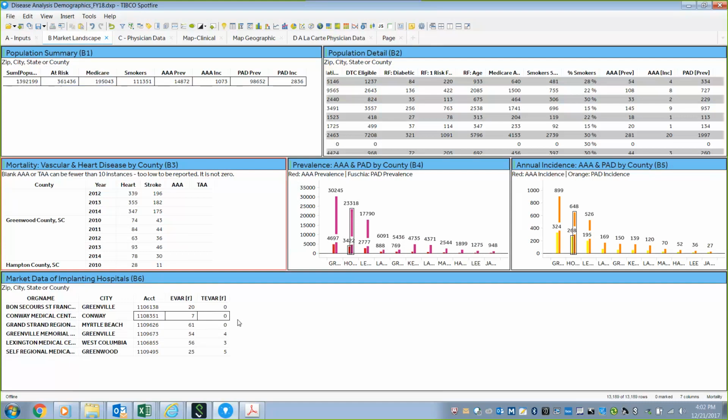And again, just like all of our other data, it's relative. It only tells me, without having any local knowledge, I would say that Conway would not be an excellent target if Conway Medical Center is in the same community as Myrtle Beach or Grand Strand Regional Hospital, just given the size, just given the volume alone. That's not a good assumption to make without any knowledge, but that's the point of this, is it just gives you little bits of knowledge so you can be a little bit more armed with information when talking to Salesforce people or your hospitals.